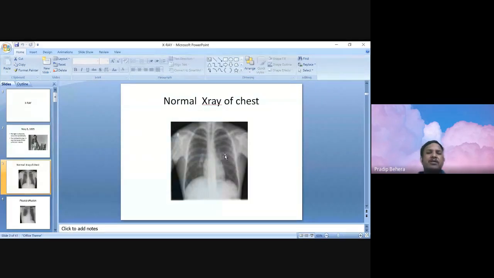Then you describe the ribs. Sometimes there is crowding of the ribs, so there will be less space between the ribs on one side, whereas it is normal on the other side. So you note whether crowding of the ribs is present or not. Crowding of ribs indicates an underlying fibrosis or collapse of long standing. Chronic fibrosis, long-standing collapse: due to loss of lung volume, the intercostal spaces decrease. We say this is crowding of the ribs. So these are various things we have to look for in the pulmonary parenchyma.